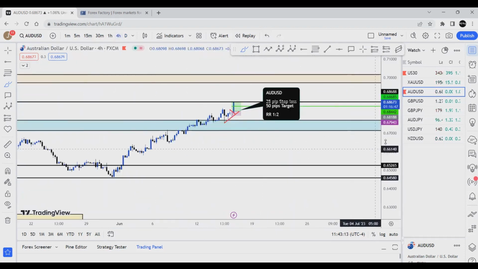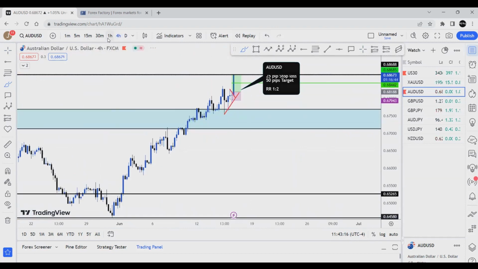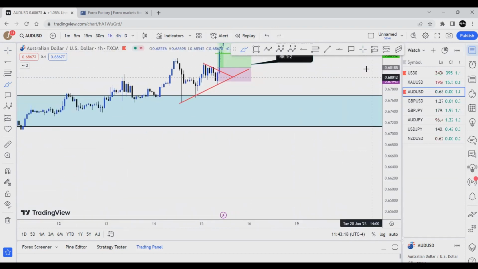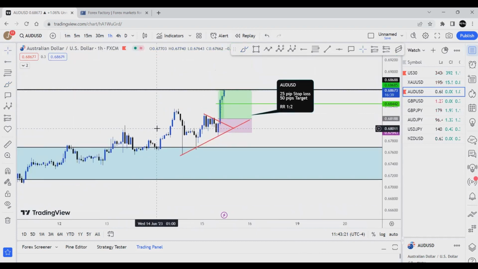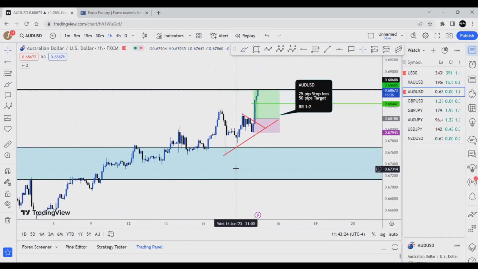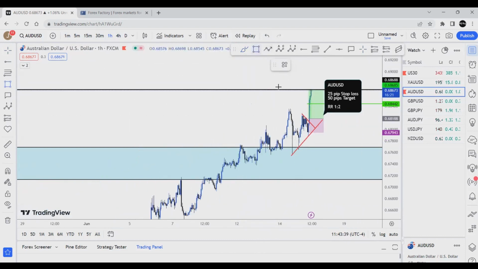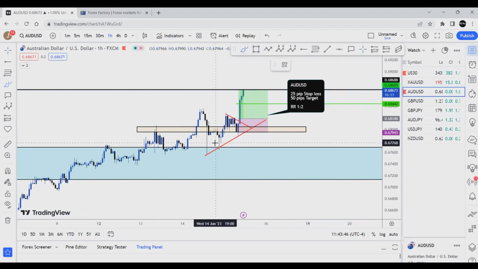So we take this down to a smaller time frame. I went down to the hour time frame. I noticed on the hour time frame we're above our structure, and price started giving us higher lows. Once I noticed that, I applied a simple trend line, and then I started reviewing the other structures, such as this area over here, a nice area of resistance. Once I saw that price broke above that resistance and is now retesting,